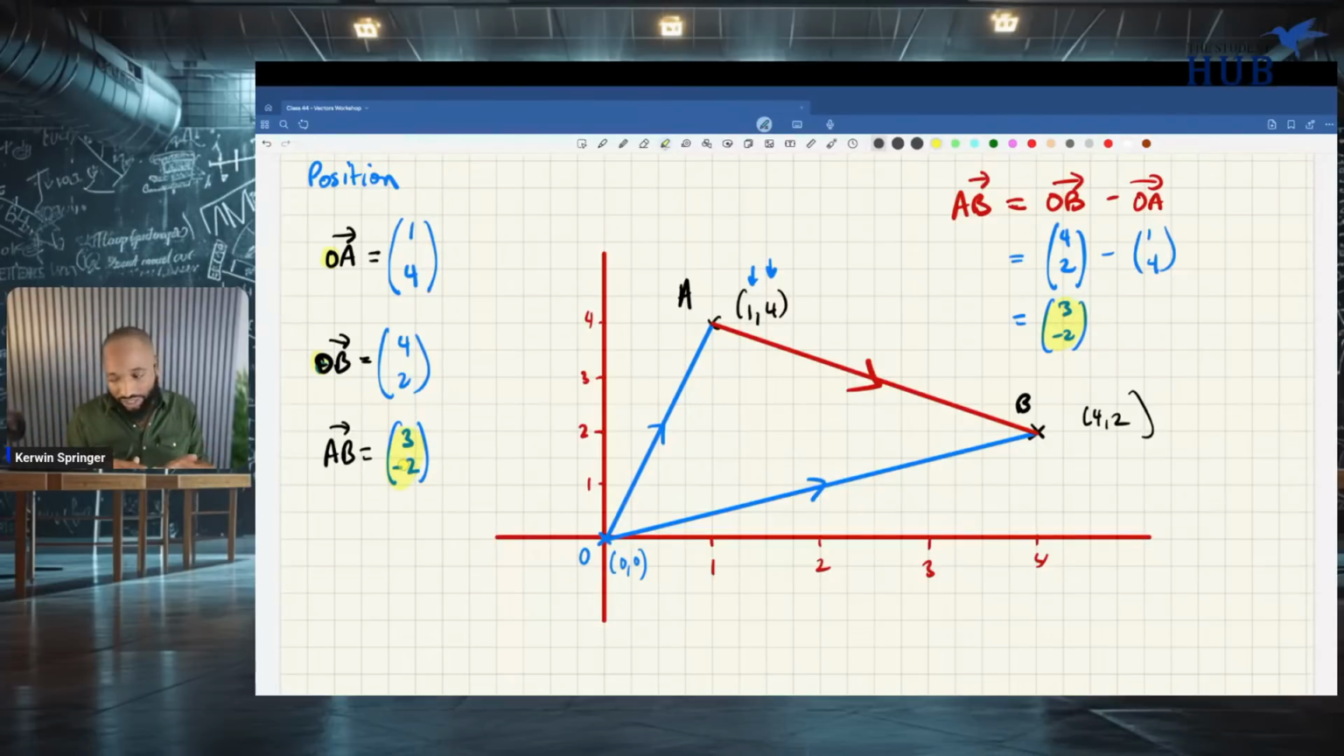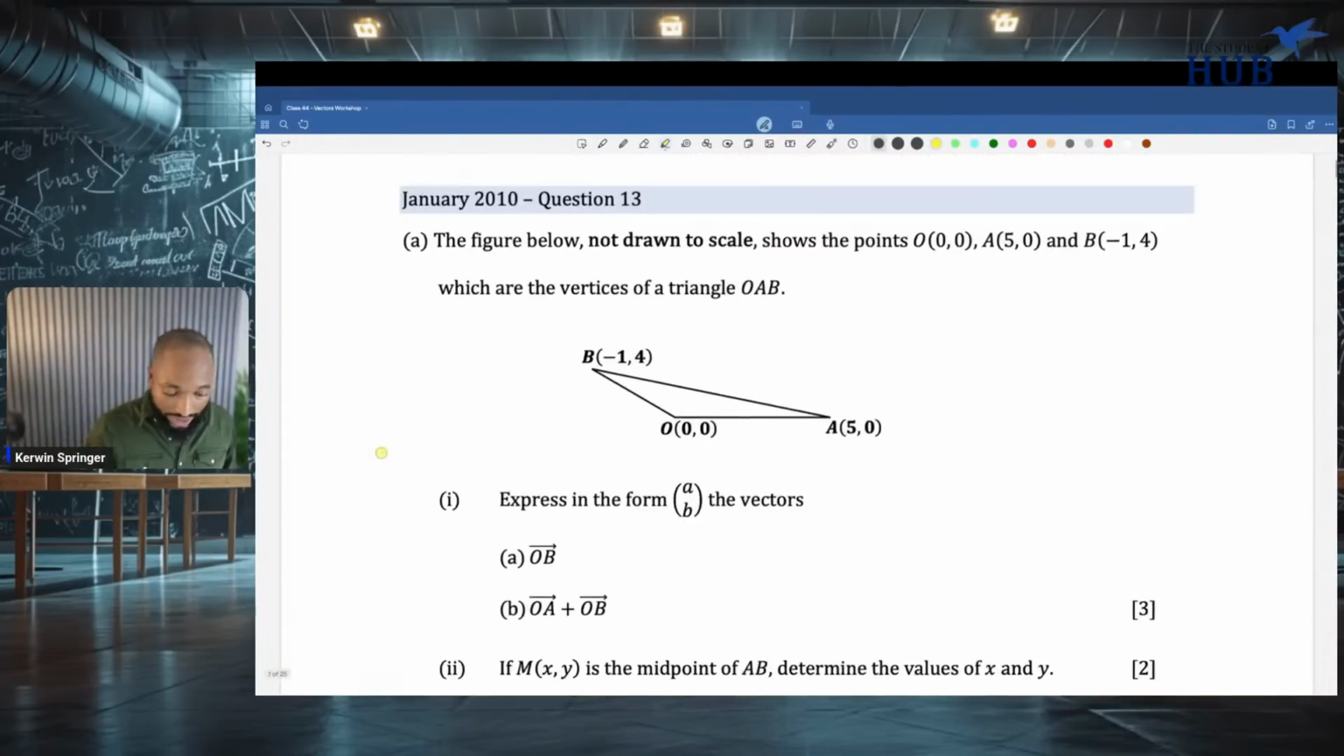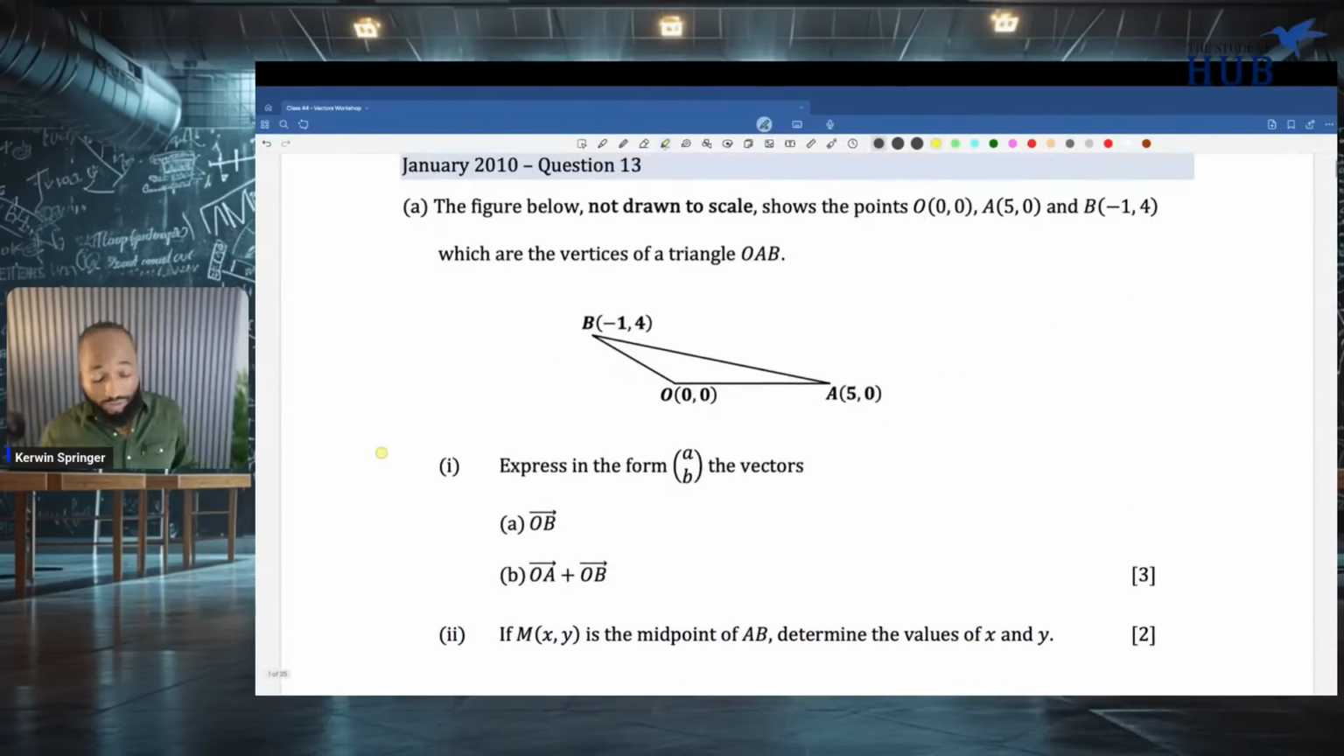And then there is vectors using geometry and algebra, and we'll see some of that. So let's just jump in, brave. Let's just jump straight into the workshop on vectors where we'll do a bunch of past paper questions. So in the good year of our Lord, 2010, January, question 13, maths doesn't go up to 13 anymore, it only goes up to 10. There was this figure that was drawn, points were given, and we need to express in the form AB, the